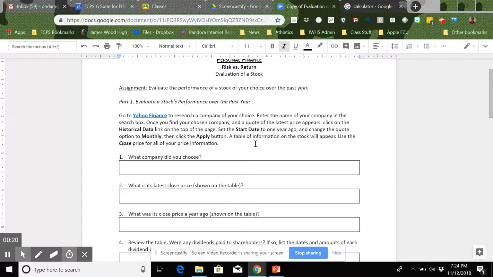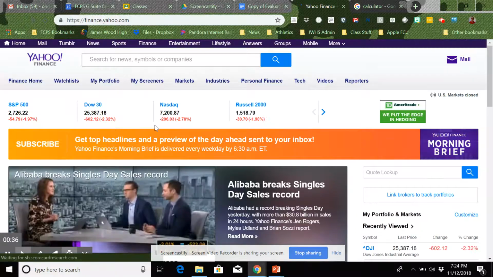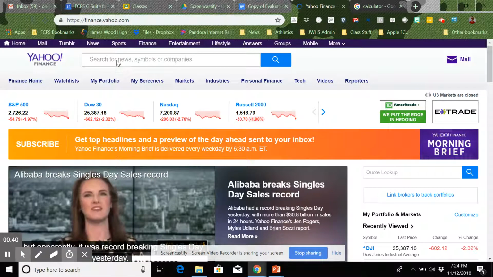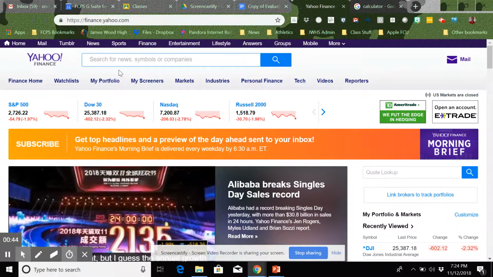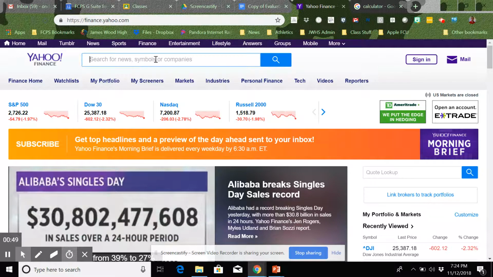How you're going to find out about a stock is you're going to go here to the Yahoo Finance website. So let's go ahead and get that opened up. Now, there's a lot of places that you can find this information on stocks. I like using Yahoo Finance because I'm familiar with where you can go to find the various information. What you're going to have to do is go find the company that you want to research. And you can simply do that up here in Yahoo Finance to search for names, symbols, or companies,